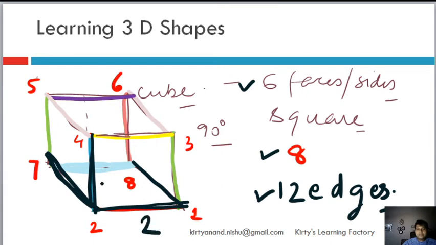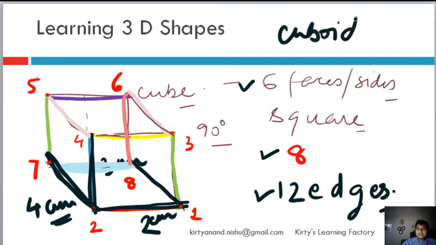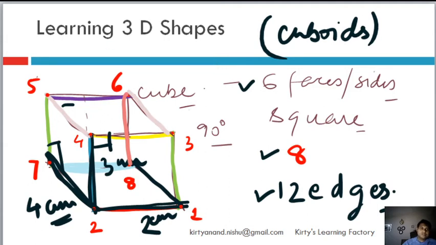So let's say this is 2 centimeters, this can be 3 centimeters, this can be 4 centimeters. Two of them can also be equal, but they cannot all be equal to each other. One has to be different, then it will become a cuboid. So just like rectangles and squares, all cubes are cuboids, but all cuboids are not cubes. The similarity is that they all intersect each other at 90 degrees. So that is maintained. Everything else is the same. That is the difference between cubes and cuboids.